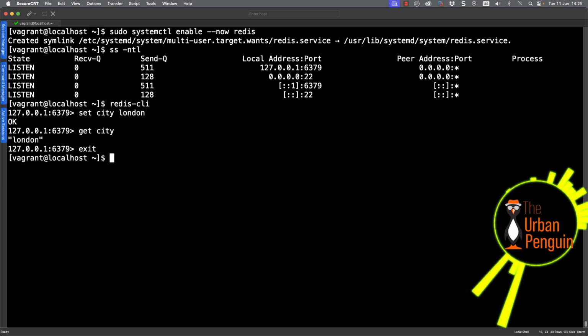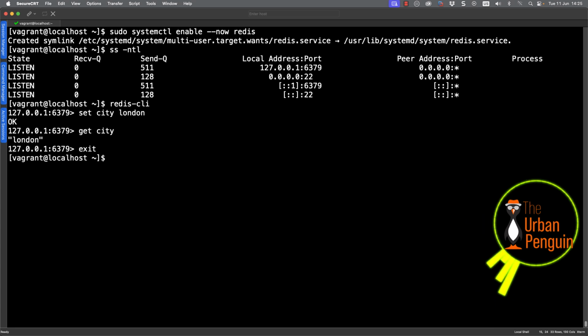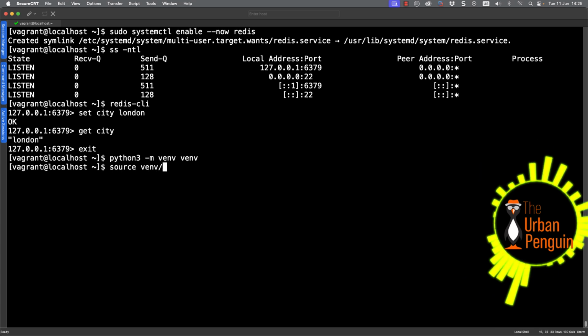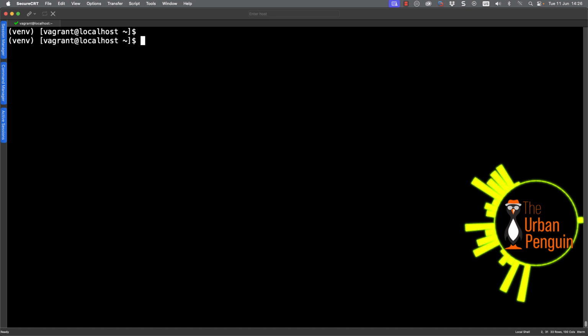We'll look now at using this with our own applications, and we'll use Python. But I'm going to have to install a module for that. So I'm going to go through and set up a virtual environment to allow me to install modules without affecting the system. So I'm running python3 -m for module, venv, and I'll create a virtual environment just simply called venv. I can then source from the virtual environment bin and activate script. So that sets up my environment.